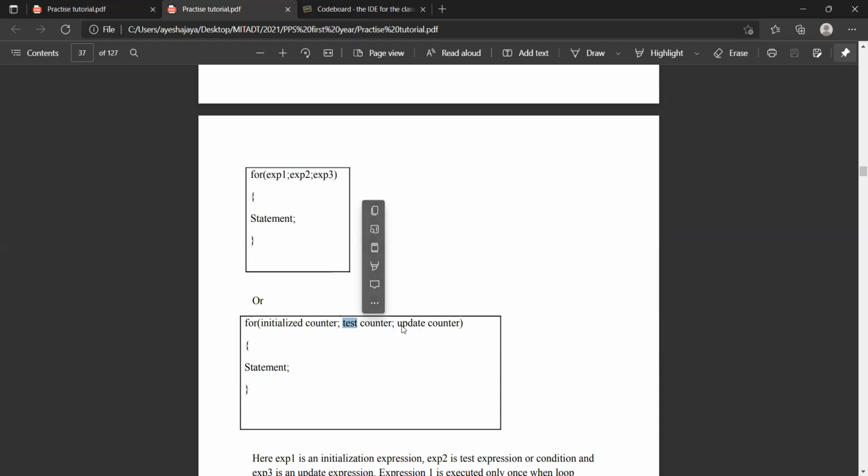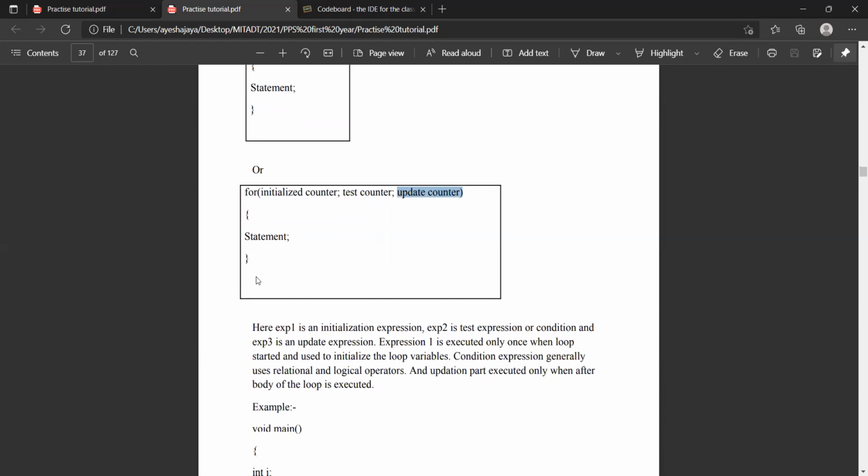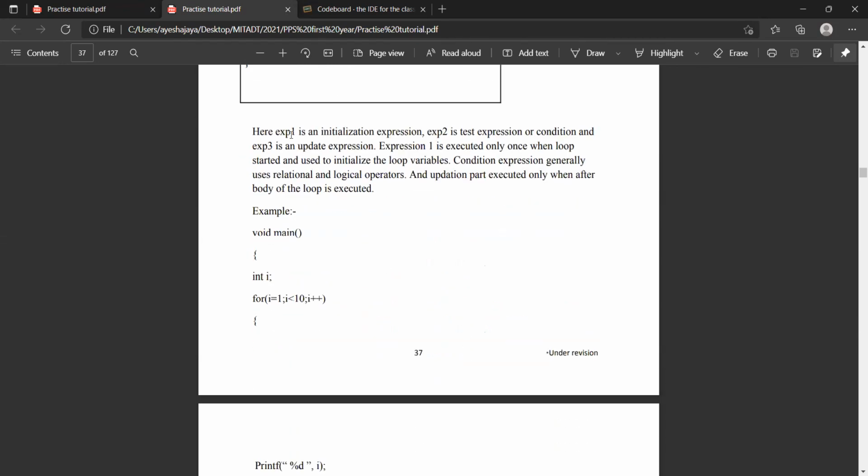So that statement should come as the third expression over here. And then what needs to be repeated, because ultimately we are using loops for repetition, right? What has to be repeated, we will write inside these curly braces. So expression 1 is an initialization expression, expression 2 is a test expression or condition, and expression 3 is an update expression.